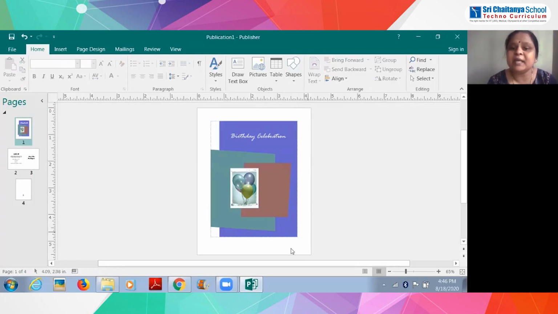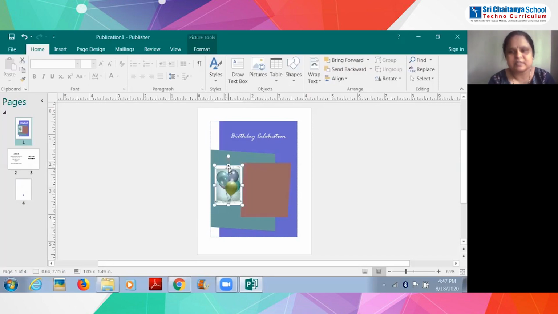This is called a predefined template, where they have selected the colors. They have made the combination of each frame, and they are giving it to us readily available, just to add whatever extra information we need. Now I want to create a birthday invitation, right? You can see in the left page layout, there are 4 pages. This is the first page, second page, third page, and fourth page, and we are working in the first page. Here, instead of balloons, you can add your own photo, because it's your birthday party and you are going to invite.